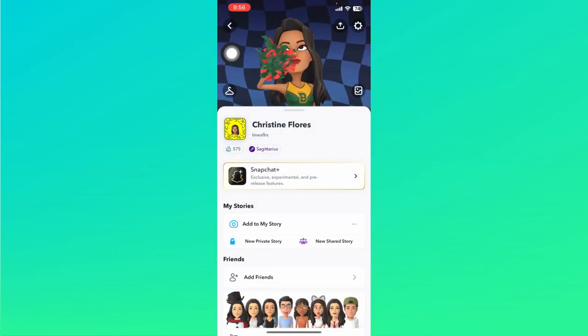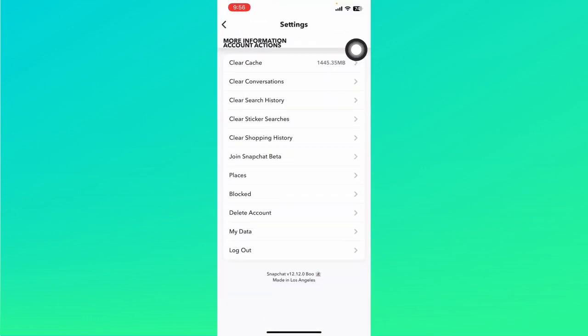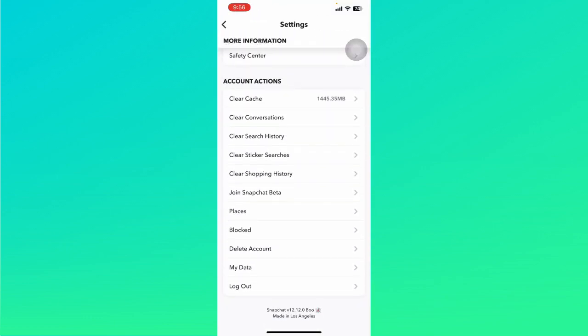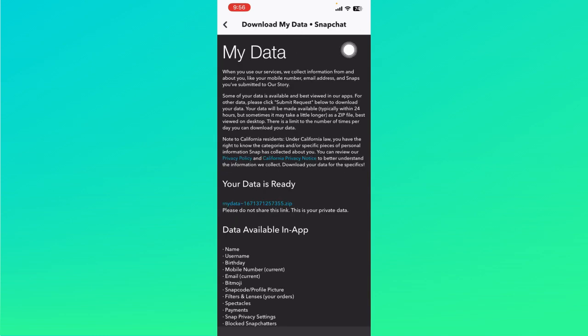Click on your Bitmoji icon at the top left corner. Click on the gear icon, which will take us to the settings page. Let's scroll down to the very bottom, and under the account action section, you should be able to see the My Data option. So tap on My Data and wait for this page to load, and you should be asked